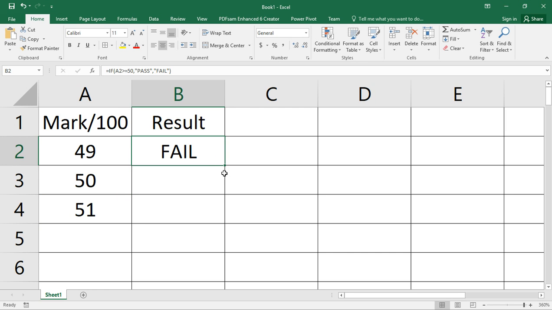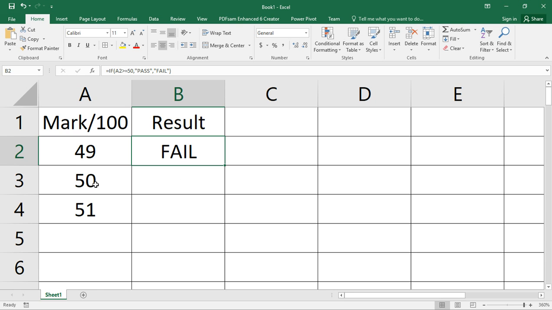Let's do autofilling. Autofilling is just a way of copying the formula to other cells. It's not exactly copying, it's applying the formula to other cells with respect to cell referencing.